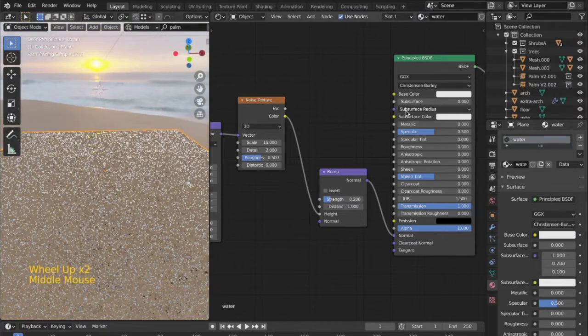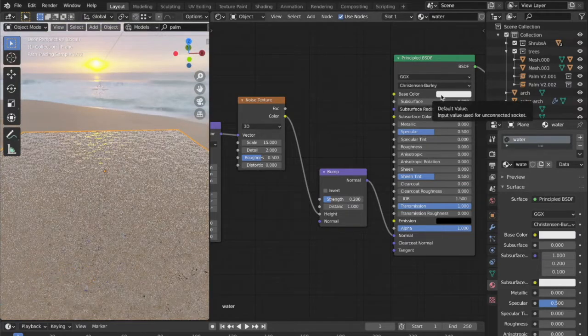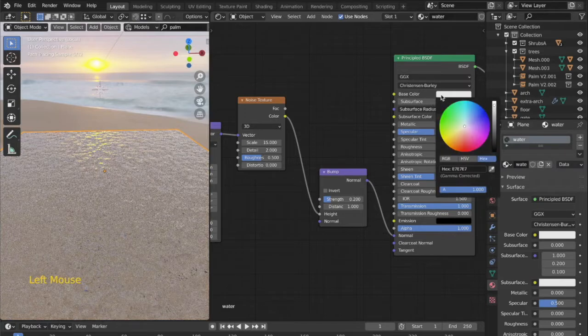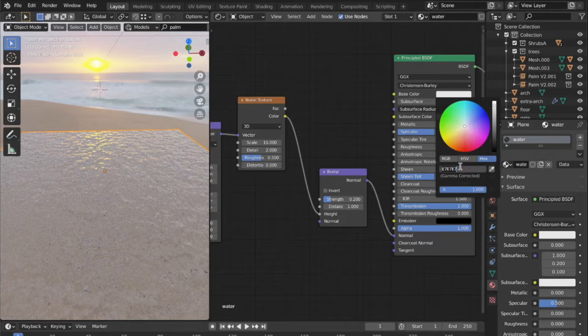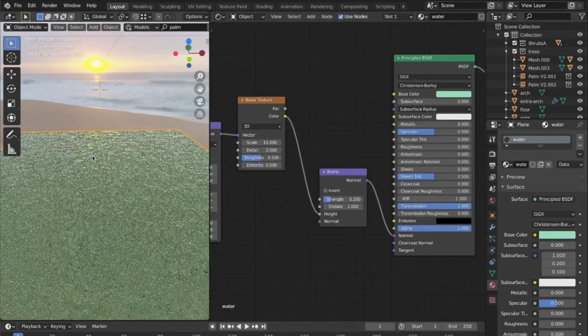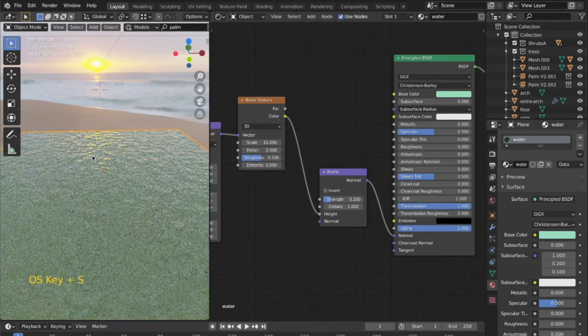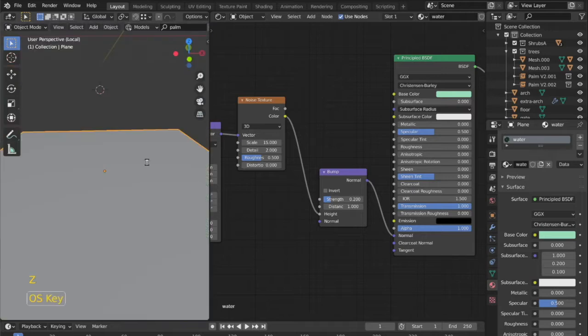Now I don't want the color of this water plane to be white. I want it to be an aqua green kind of color, which is a mix of blue and green or somewhere in between. So for that you can search on the net and get the hex code, and the hex code which I found and worked for me is 93DFB8.